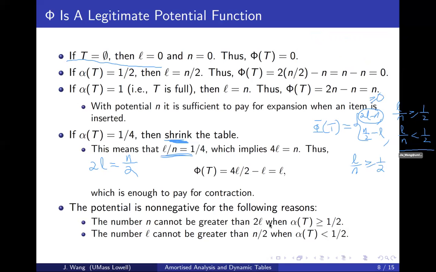And when this happens, this is always strictly greater than 0. So this is legit for any moment on your dynamic table, because it's never negative. That's why it is a legitimate potential function. So now I have a potential function that I can use to carry out amortized analysis